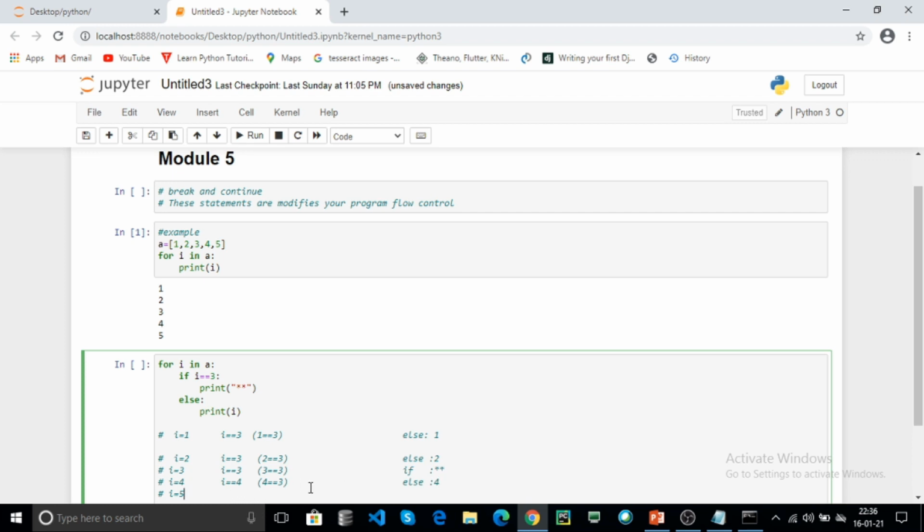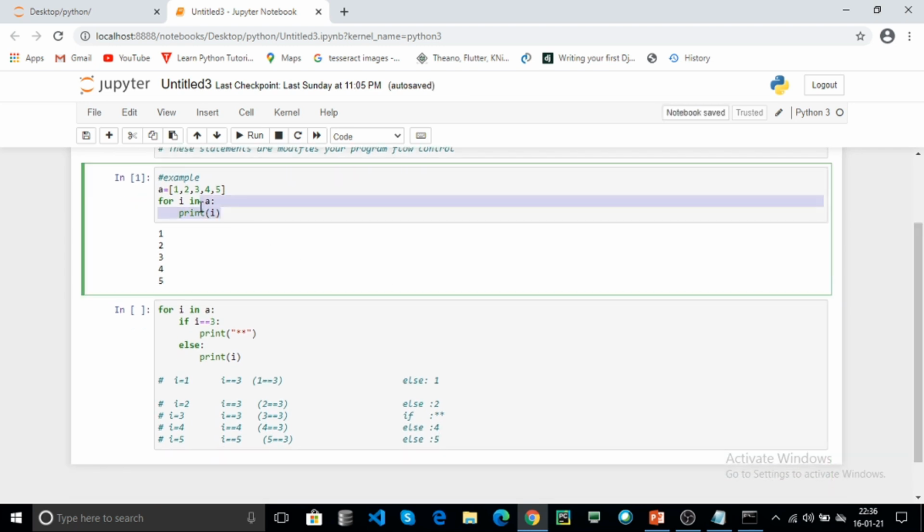In the fifth iteration i equal to 5. Then it checks i equal to 3. Now the condition fails. The else block is executed. Now print i, 5.